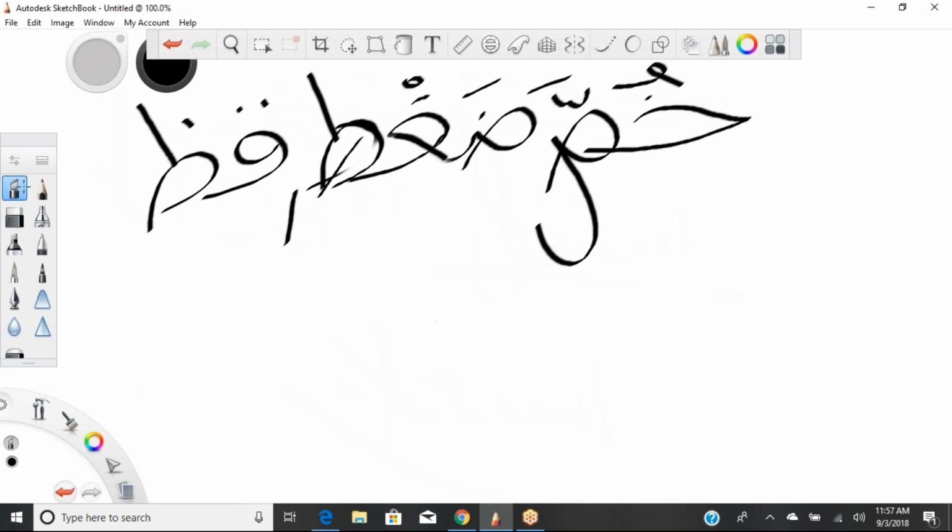Okay, look at your tongue here. We're going to look at istifal first. I'm going to write the rest of the letters that are istifal. These 7 letters are the letters of isti'la. These are the letters of istifal. What's the opposite? Istifal, and it's the rest of the letters.